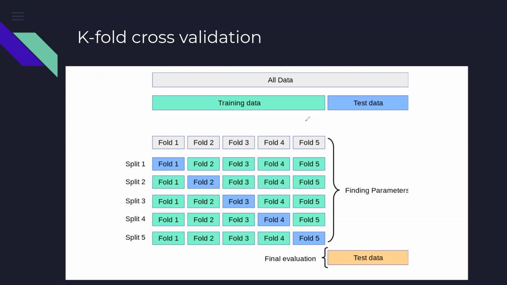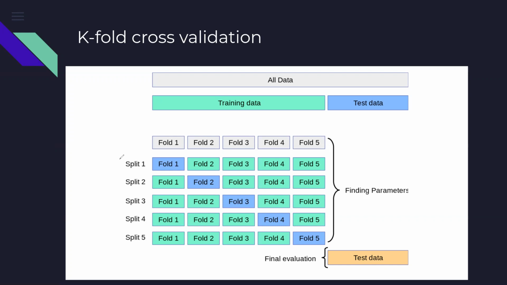So we can divide the training data into say 5 chunks or 10 chunks, and these chunks are called the folds. So in this example, we have divided our training data into 5 different parts. And what the system does is that it will run the model 5 times. So if you divide the data into 5 folds, it will run for 5 times. If you divide the data into 10 folds, it will run the same operation 10 times.